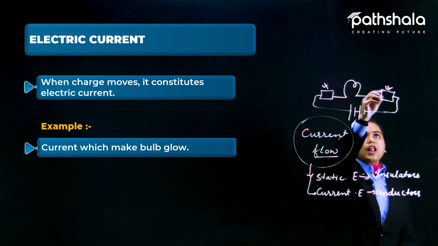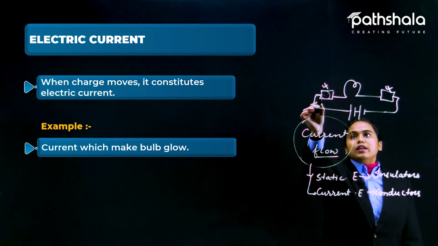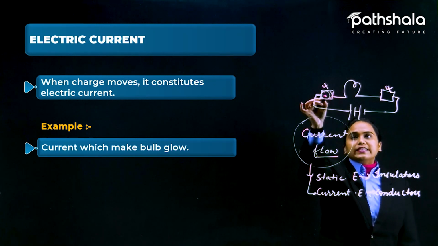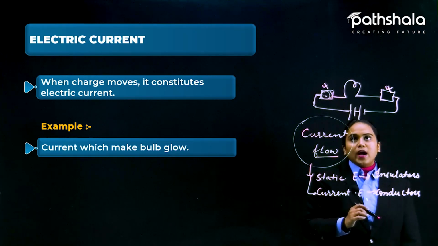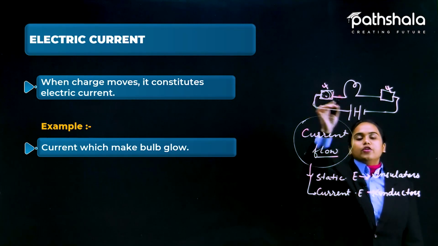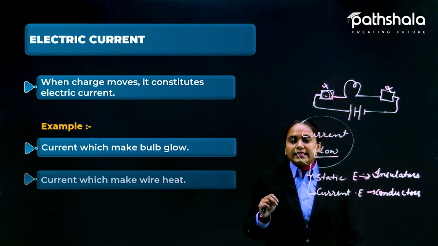They will not allow the charged particles to move, and this will restrict the charged particles from moving through the wire. So that is why we can say this is not allowed. Here is example one and now example two.